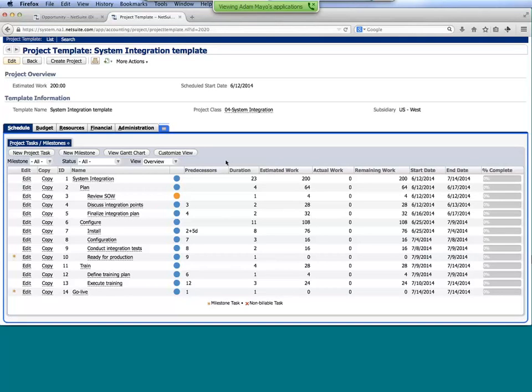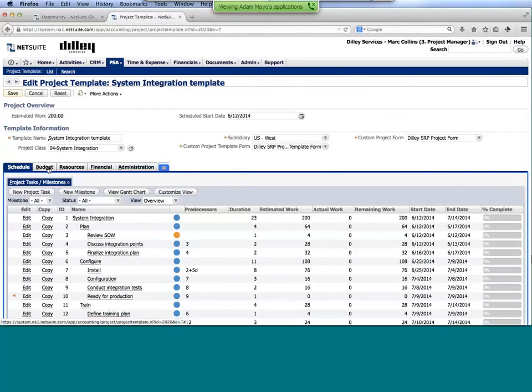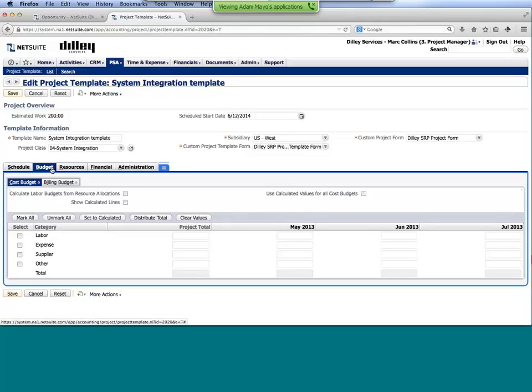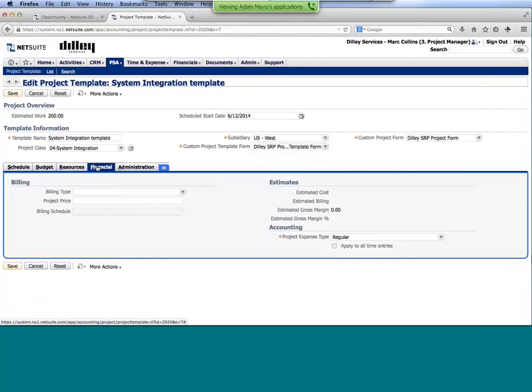Now, not only are you able to copy over the schedule and then, of course, make changes in the new project, but if I were to even just edit this template as an example, you're able to set up things like the typical budget that you'd have for this type of project. Or if I jump over to the Financial tab, perhaps you want to do some of the preliminary billing setup within the templates. And we have different billing types, and we'll get more into this, but the ability to set up basic billing scenarios if you have fixed bid, fixed price based off of a milestone or interval base, or even just general time and materials.